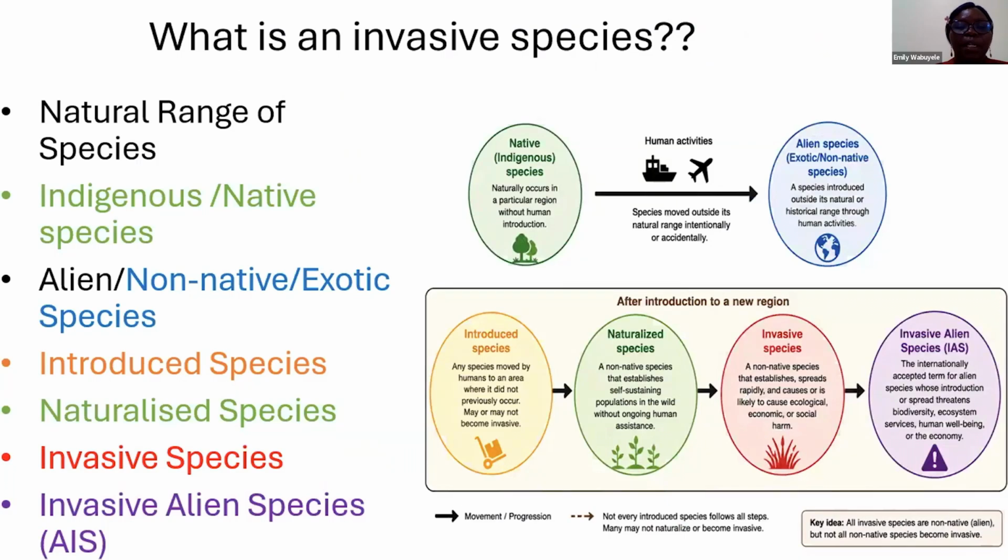Now, we come to the idea of what is an invasive species. We emphasize here the fact that all species have a natural range. Within the natural range, the species are said to be indigenous. So all species that occur within their natural range will be referred to as either indigenous or native species. So the ecosystem that we have looked at before, where all factors are interacting to keep species in range, is within the native range. And so once species are relocated from their natural range, and this relocation can either be